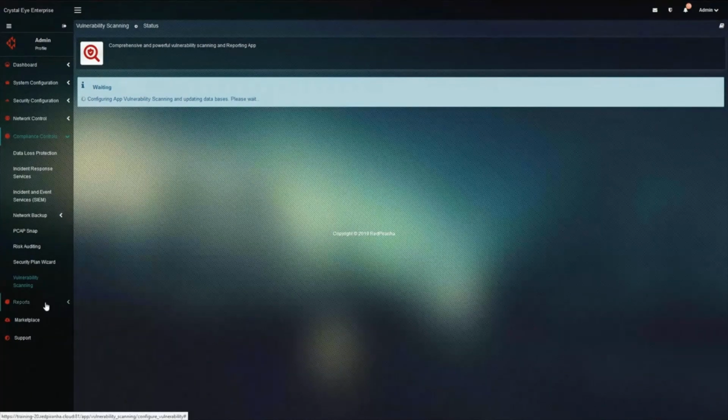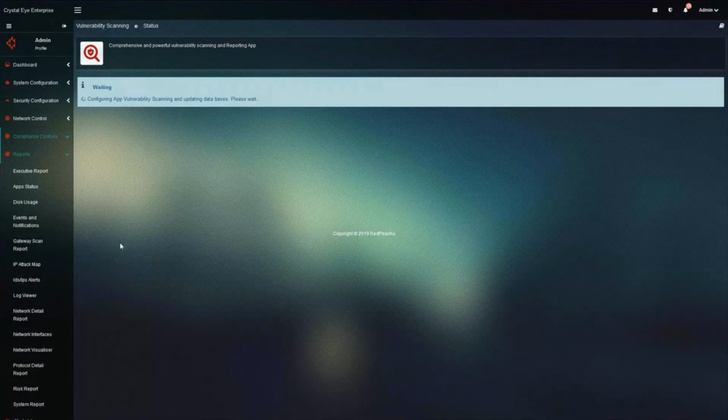This is going to take a while, so I'll just skip through to the next section. It needs to download a bunch of applications to actually run that vulnerability scan from the Crystal itself for the internal vulnerability scan. So just to note, again, with packet captures, it's best not to run this during standard business